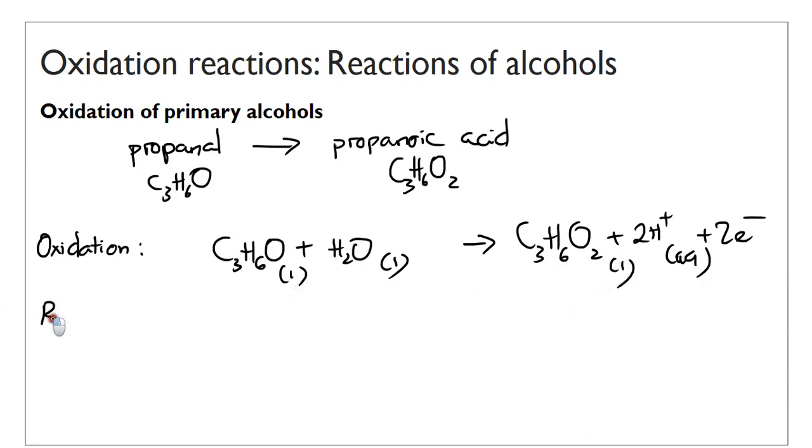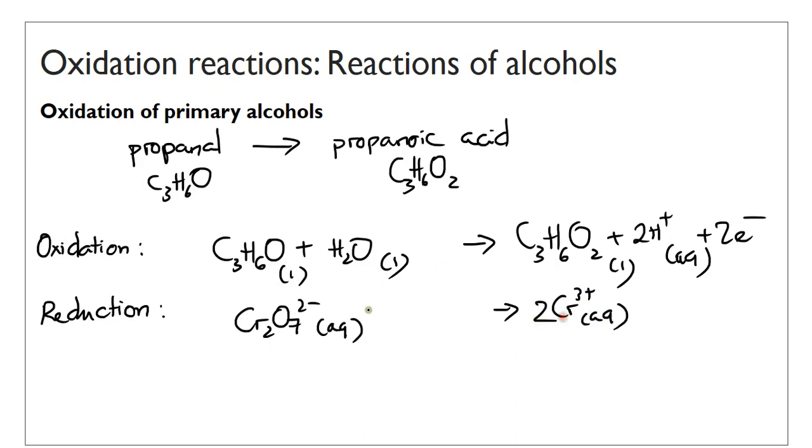So the reduction is going to be identical because you are still using dichromate ion as the oxidizing agent. So it's just going to be dichromate going to Cr3 plus again. Key elements: 7H2O, 14H plus, and 6 electrons. Okay, so once again, if I want the full overall equation, I need to triple my oxidation so that the number of electrons match. So I will have 3